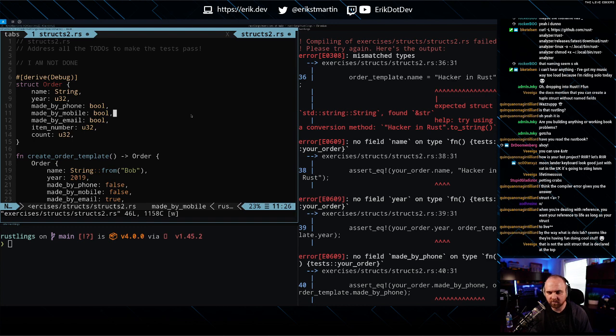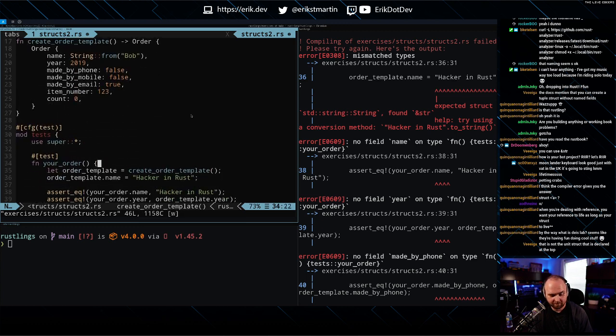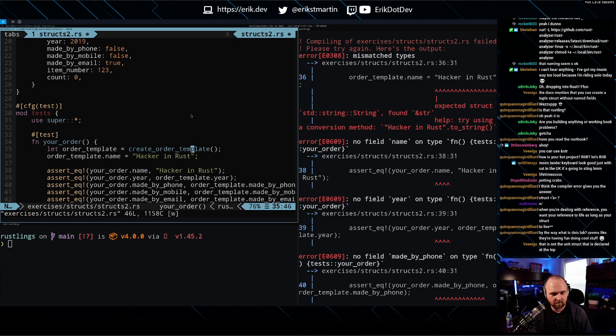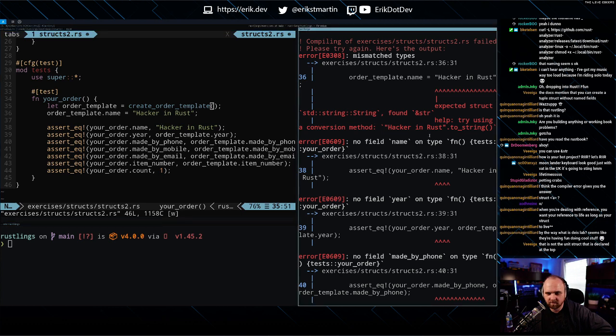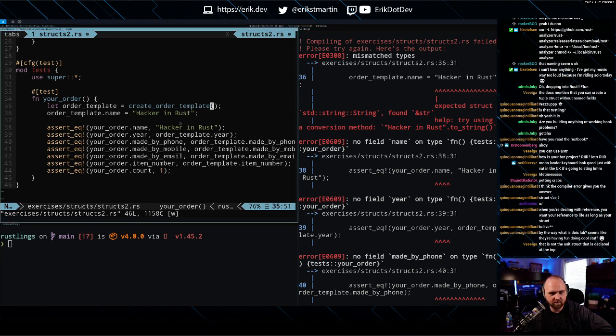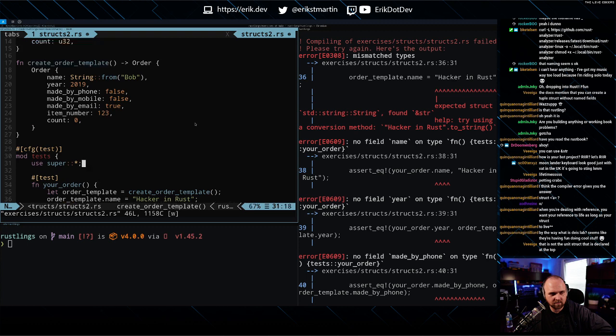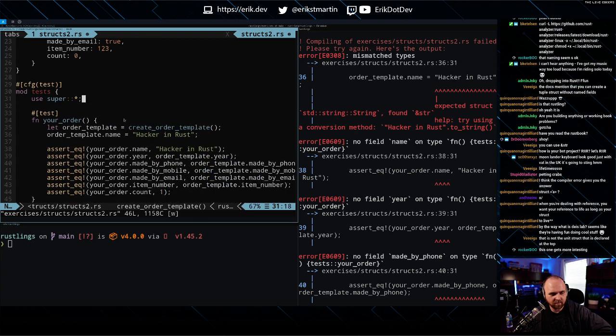Expected struct found string. Expected struct. Why are you expecting a struct? We're just updating the one property on there. No field name on type function. So is this not returning?